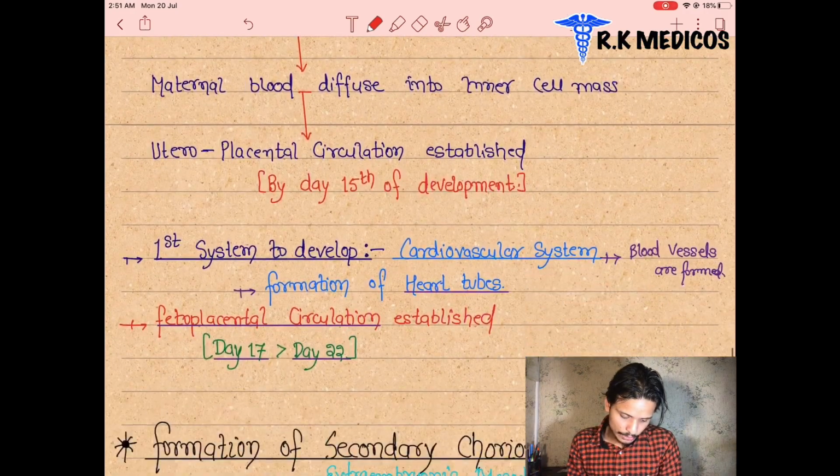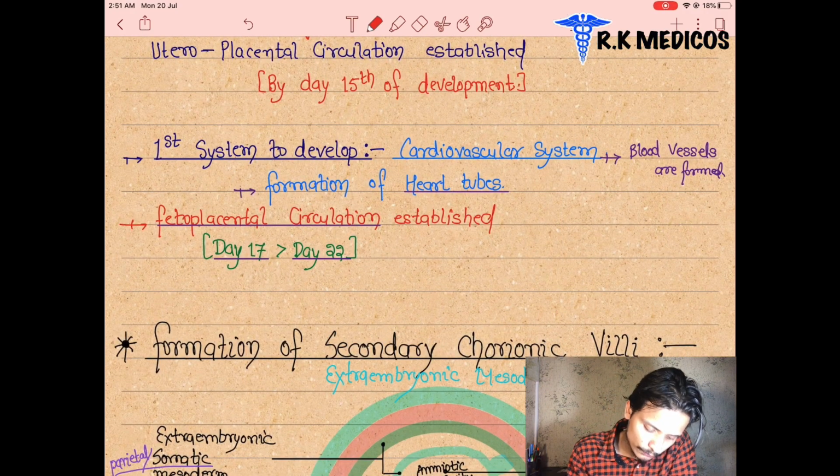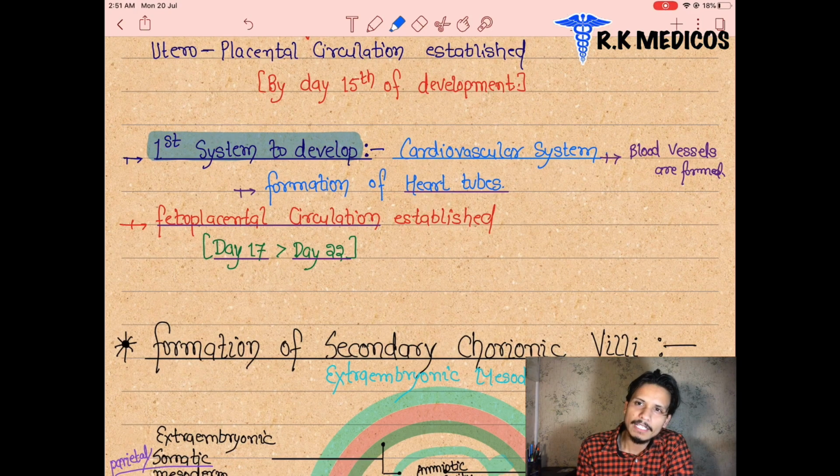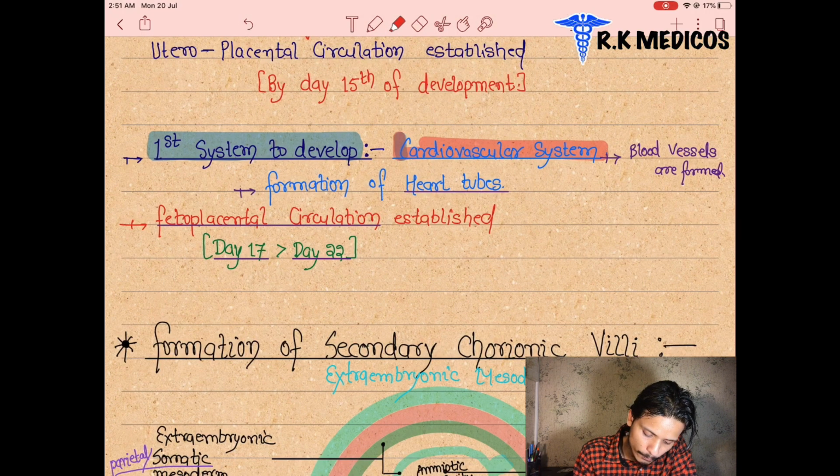Next we are going to see when the first organ system is developed in the fetus. What is the first system in any child or any developing embryo that is formed? It is the cardiovascular system. Basically, the cardiovascular system is the first system which is formed or developed inside the developing embryo, and along with